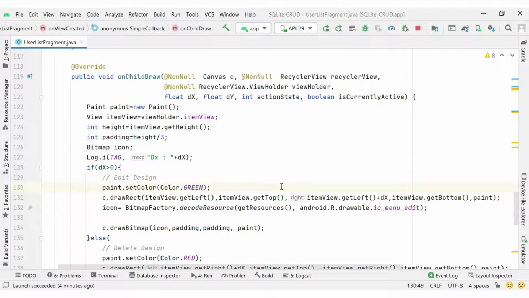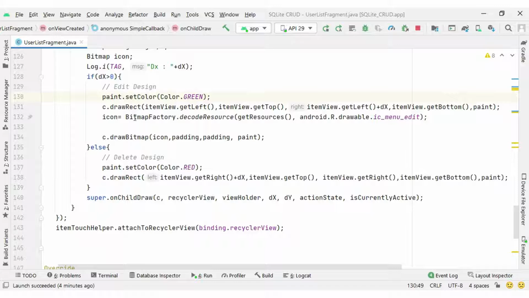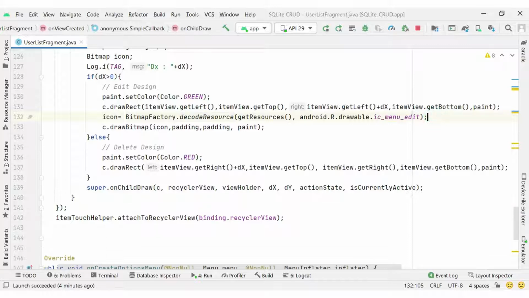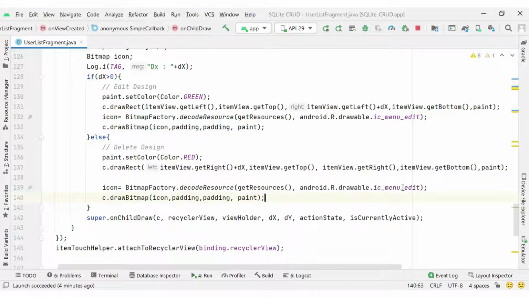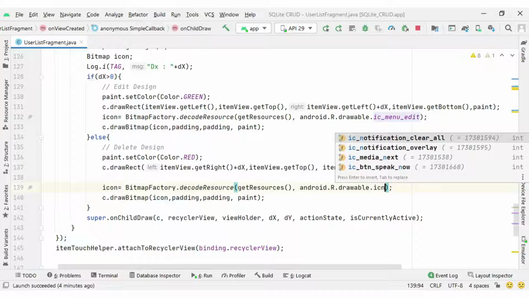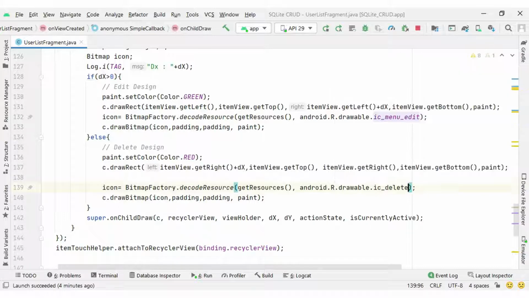Okay, so with this code if you run, then it will display the edit icon on the green color, and similarly I also need to display the delete icon here. So the same code I will repeat with the delete icon, but the position will be different. So first of all let me change the icon to delete, and the position will be on the right side.